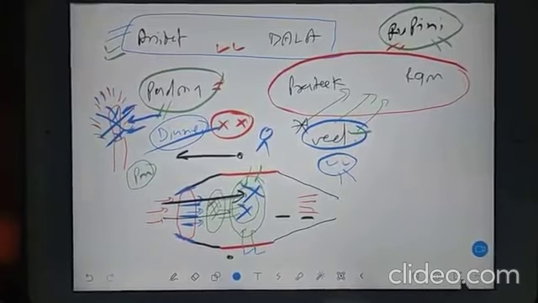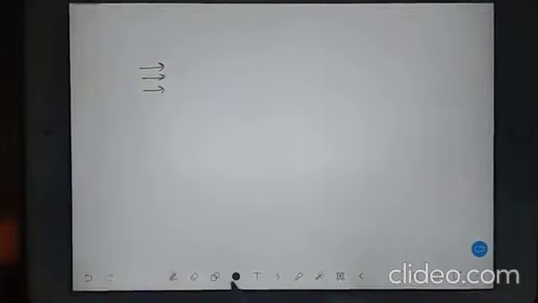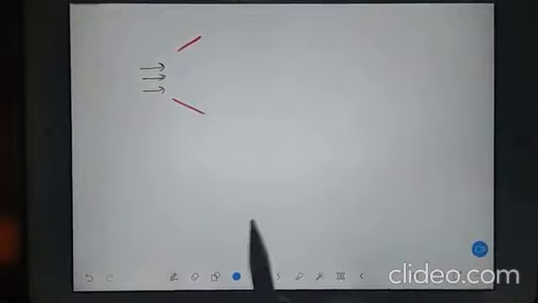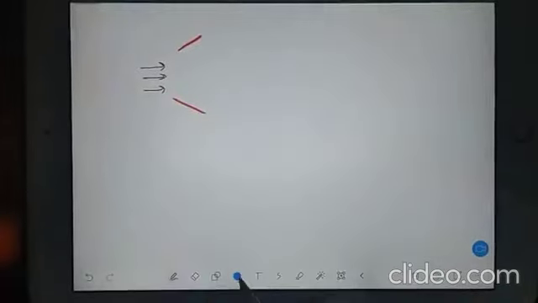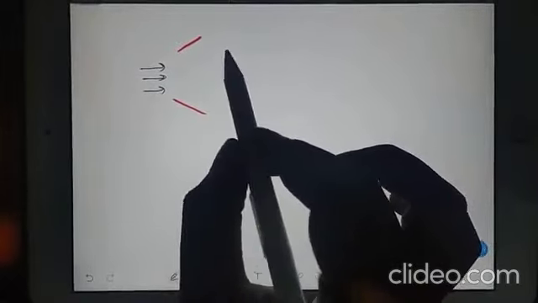Okay, so now I will summarize what my total point was. In the engine, what are the parts available? First, air will be entering. To slow down the air, we will have a diffuser section. And after that, when the air has slowed down according to the design criteria, then we will have the compressor and combustion chamber.